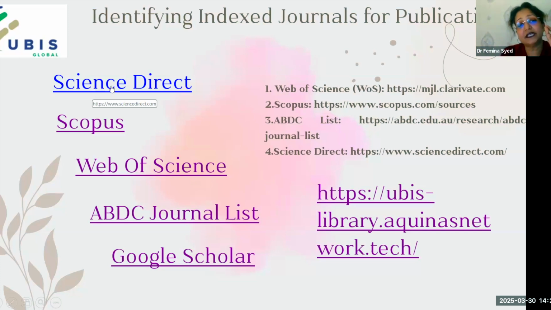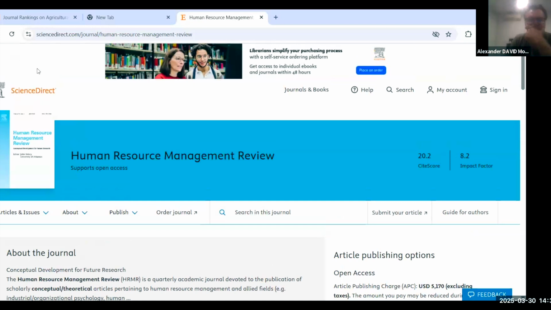So this is Science Direct. Science Direct is actually managed by the publisher called Elsevier. Elsevier is a publisher. It manages Science Direct as well as Scopus. Scopus is the indexing database, as I said. Science Direct does not index any journal, but it is just a content library where you can search for good articles and journals. So we will see what Science Direct is all about. And I request all students to navigate across all these databases so that you understand how to navigate and all.